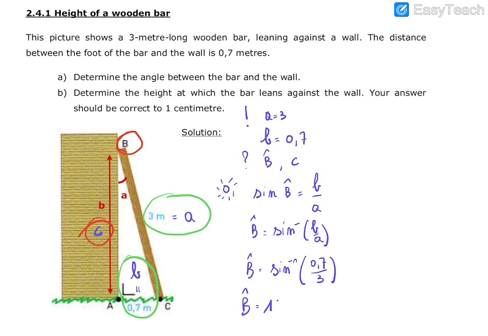So we have 13 degrees, 29 minutes, and 36 seconds. I'm also going to calculate the length of C. I'll do that in another color. So for C,